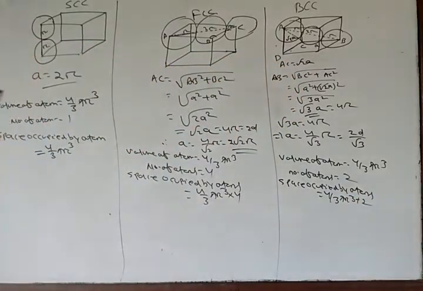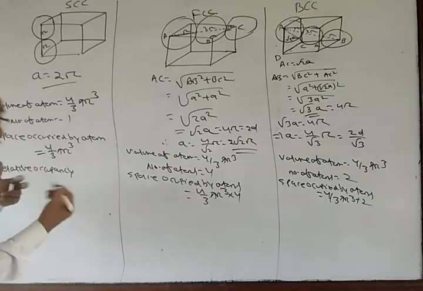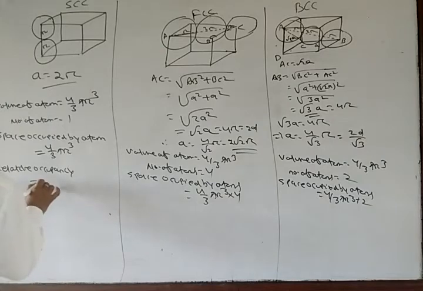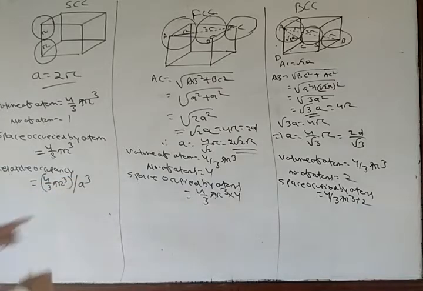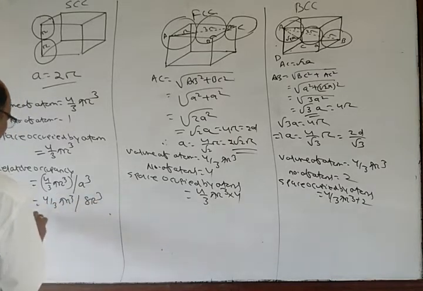Now relative occupancy means the space occupied by the atoms relative to the volume of the unit cell, equal to 4 by 3 pi r cubed divided by a cubed, but a equals 2r, so we write 4 by 3 pi r cubed by 8 r cubed, which equals, we will get